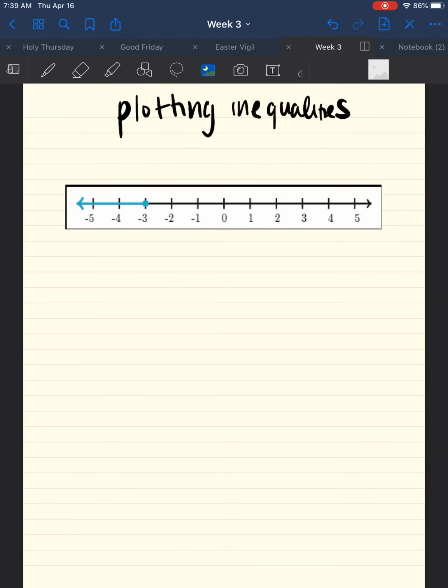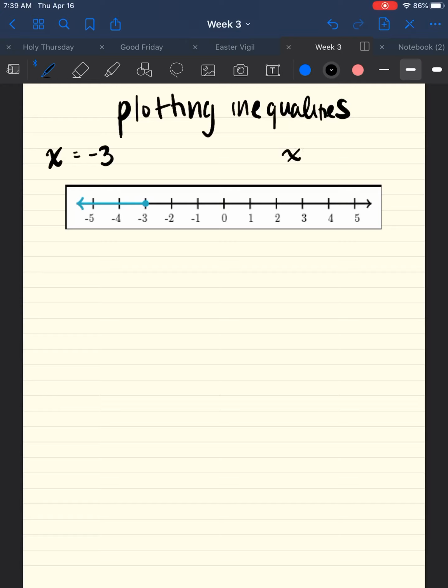Hey everyone, so today's lesson is on plotting inequalities, and plotting basically means just to graph, right? So when you have an inequality versus an equation, we talked about this the previous day. An equation, as we discussed, and just go ahead and write this down. When you have an equation such as x equals -3 versus